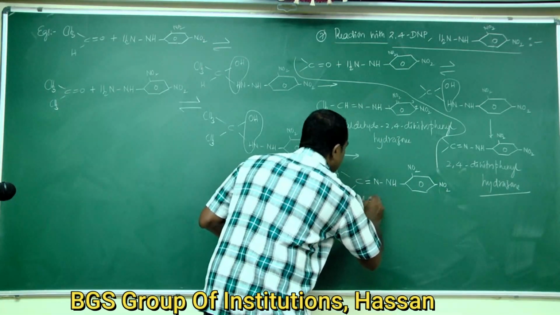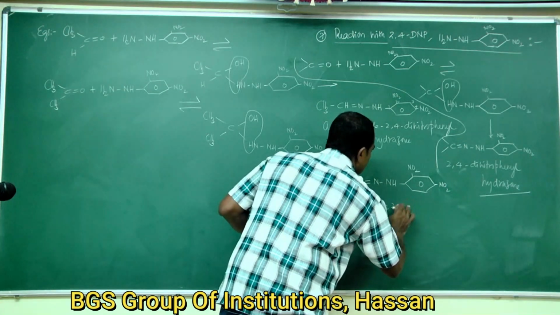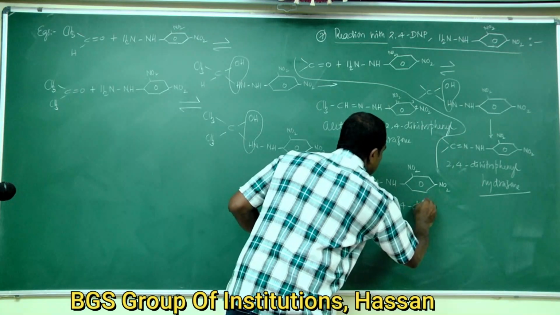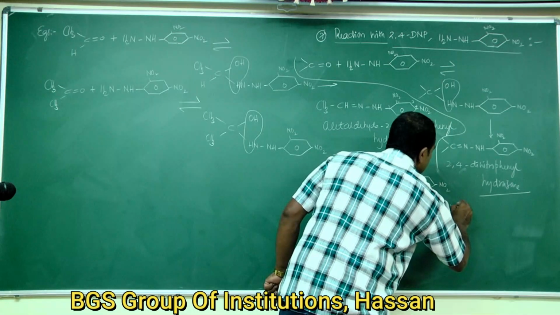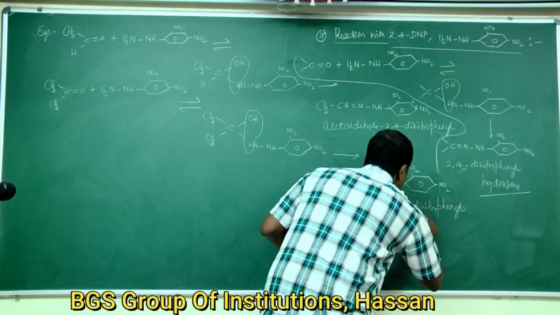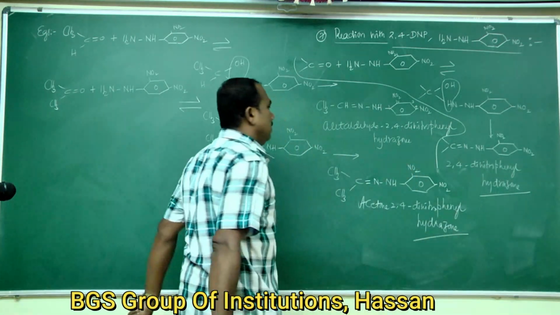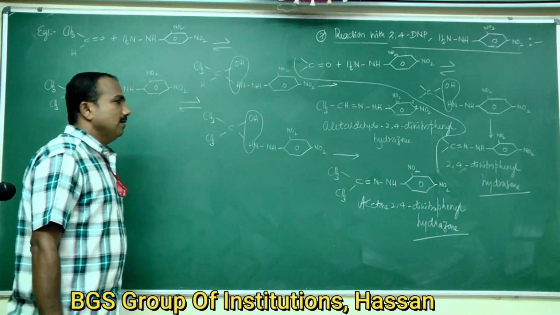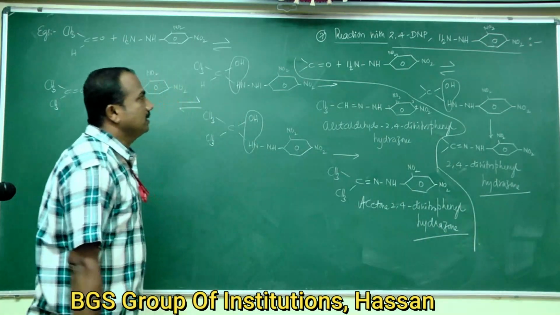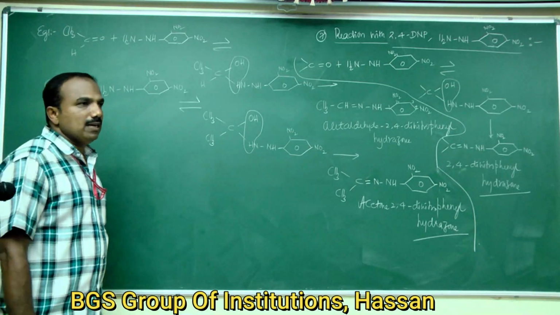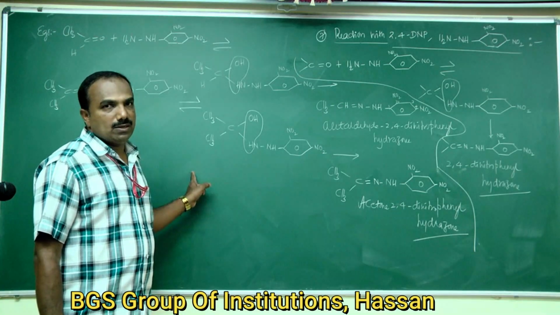This is acetone 2,4-dinitrophenylhydrazone. Acetone 2,4-dinitrophenylhydrazone is formed. So this is about reaction with ammonia and its derivatives. So this is important. So next is